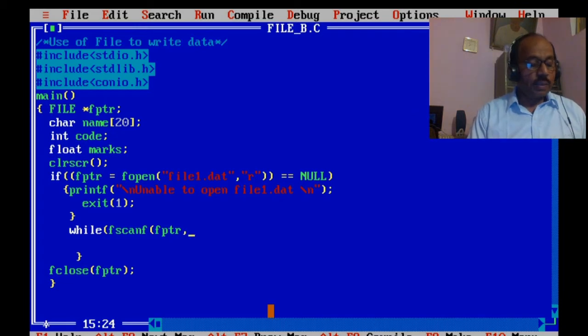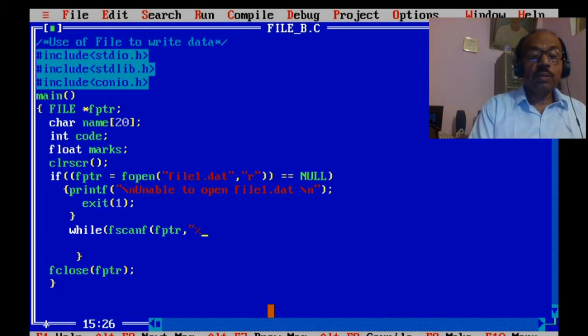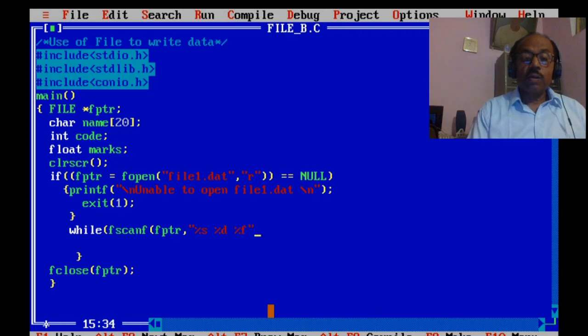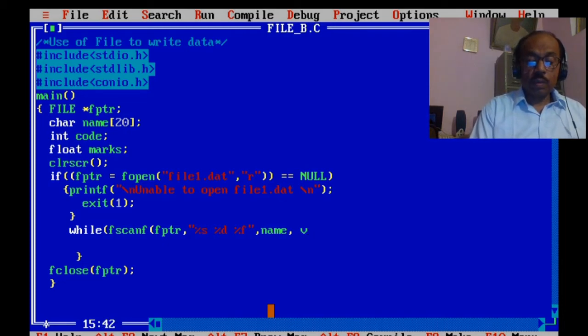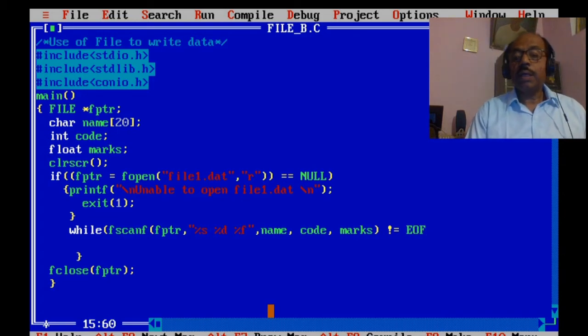So we place here fptr, double quotes, %s, %d for the code and %f for the marks, comma name, comma code, comma marks, not equal to EOF. It will read until it encounters end of file.